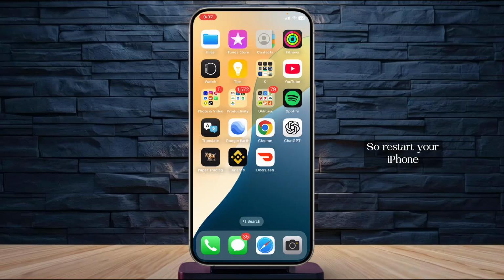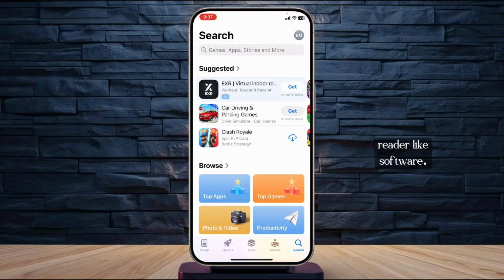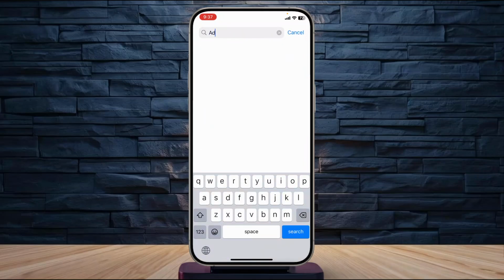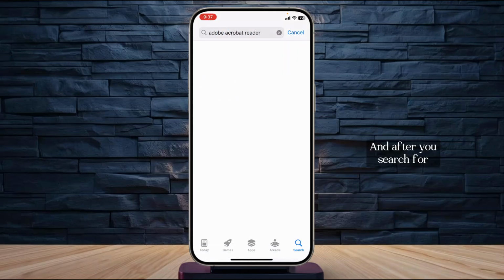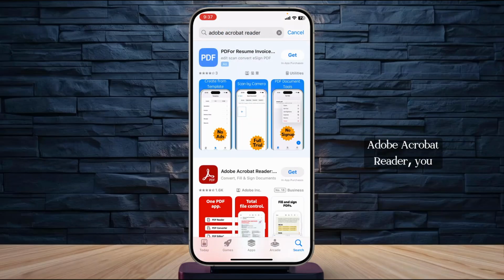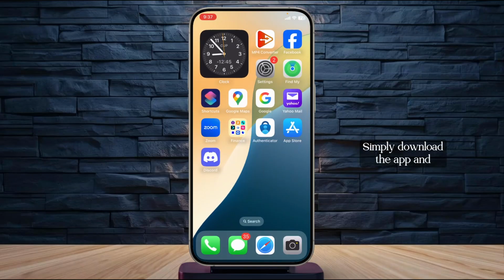So restart your iPhone, that's the first fix. Update your iOS, and then you can download PDF reader software. Open up your App Store, search for Adobe Acrobat, and after you search for Adobe Acrobat Reader, you should find it right here. Simply download the app and then your problem should be